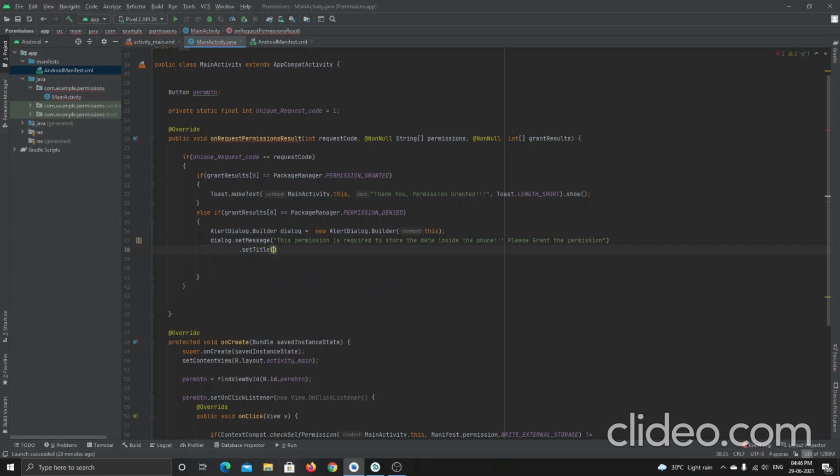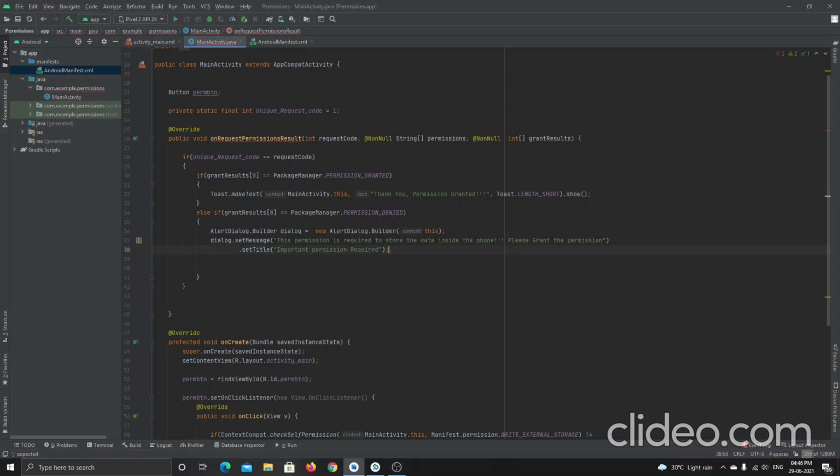What I'm going to set is something like: important permission required. Let it be Important Permission Required.